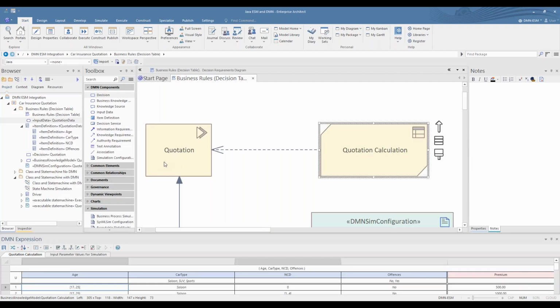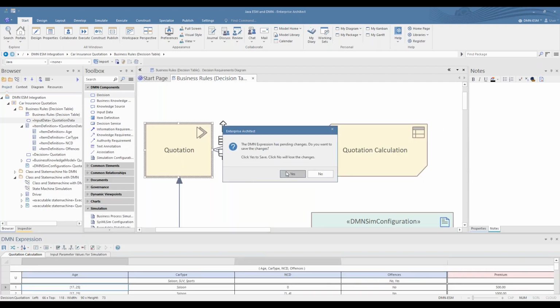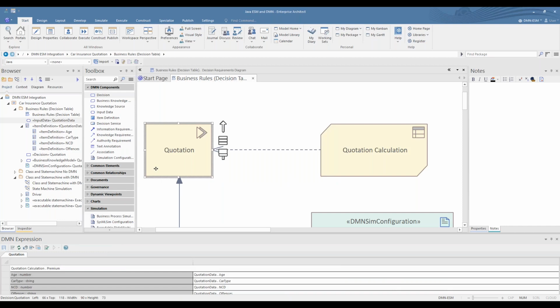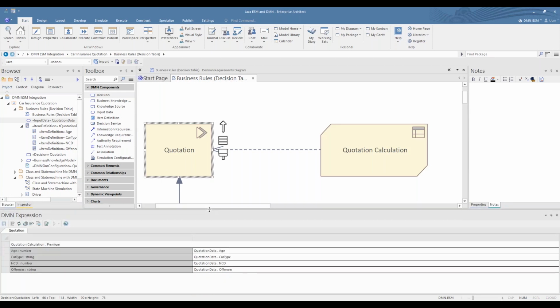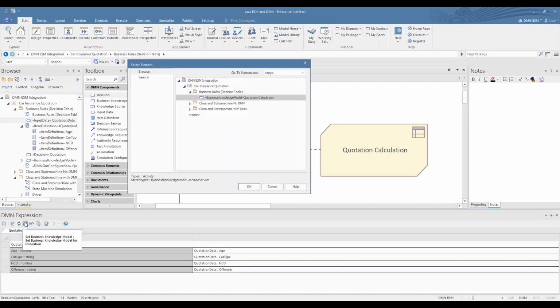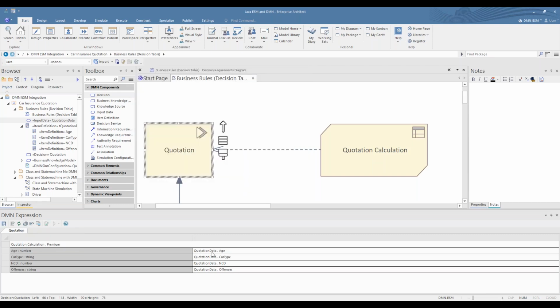Right. The final piece of the puzzle is this decision element called the quotation, which, if I double click, will have to be bound as well to the decision table and its inputs, and that is done here. So essentially, you connect that to this business object here, and you can see it puts items in here.